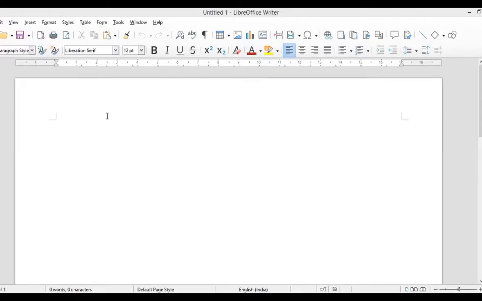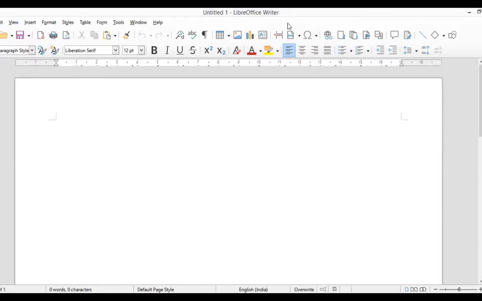So this is how our LibreOffice Writer window looks. Over here we have the title bar, next to it the menu bar, and here is the side bar. Then there are the tools. This is the standard toolbar, and then this is the status bar, and this blank area shows insert mode, and if we click it, it changes to overwrite mode.